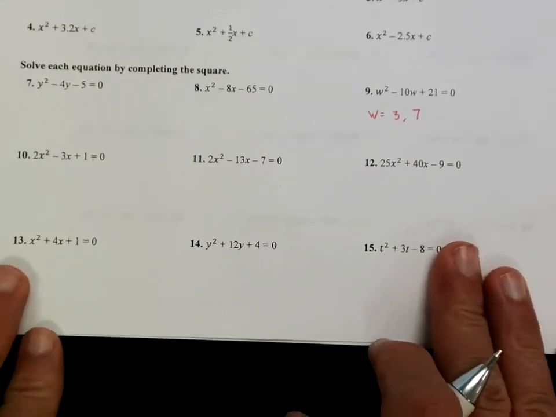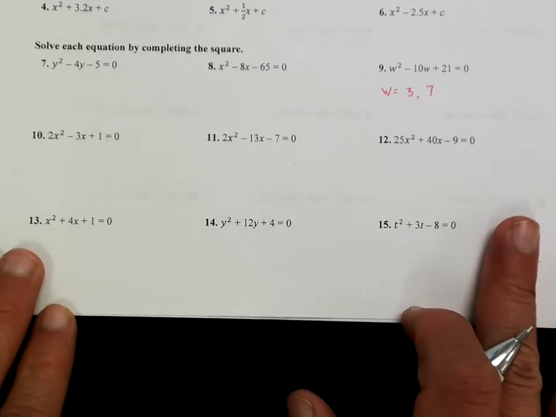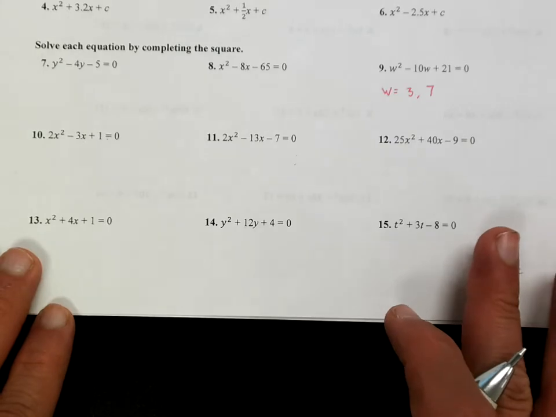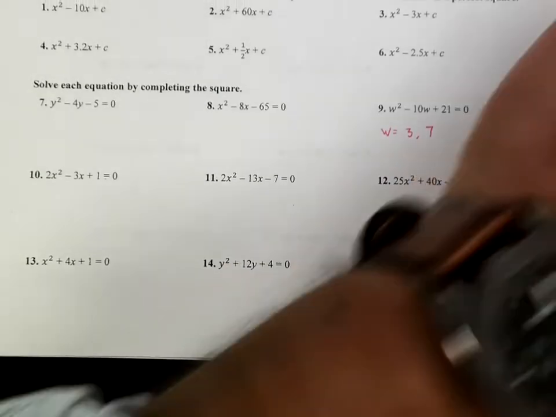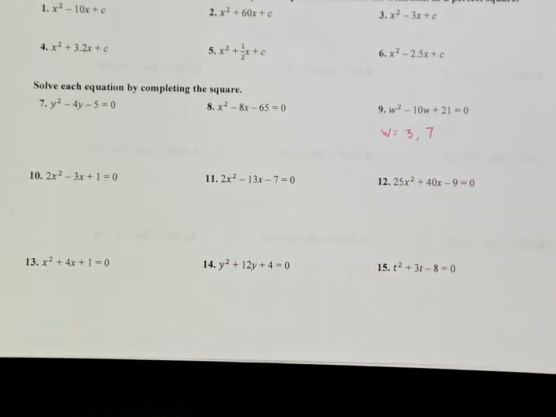However, I'm going to do a couple that are a little bit different, like number 13. Okay, so number 13, let's go ahead and take a look. I'm going to write it over here because I don't want to mess this up too much. Alright, so 13,